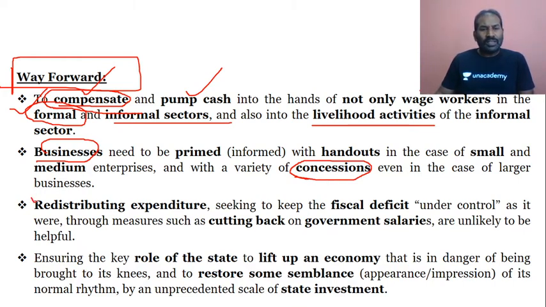And the other one is redistributing expenditure, not incomes, redistributing expenditure, because expenditure is what pertains to the fiscal deficit. So how does the redistribution of expenditure seek to keep the fiscal deficit under control? How do we make sure it stays under control, rather than just pumping liquidity into the market? Definitely when they keep pumping money into the market, that is a worry for the fiscal deficit, and also inflation will rise.